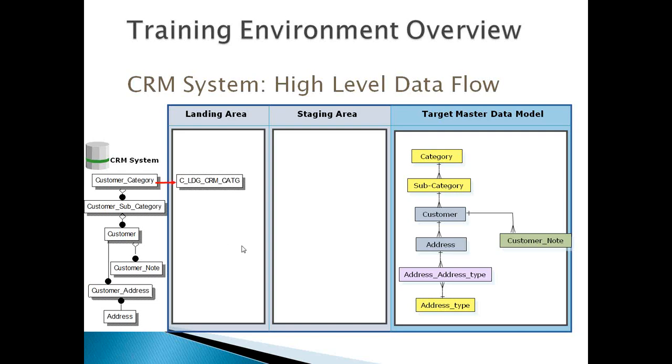So now the first thing is the landing table. The landing table is basically the entry point for data into the MDM. Like we had discussed, loading the data from a particular source system to the landing table is an external job. It is not part of the MDM. So a company has to use some ETL tool to pull the data from a particular source system, and if conversion is required, convert it and then load it into the landing table.